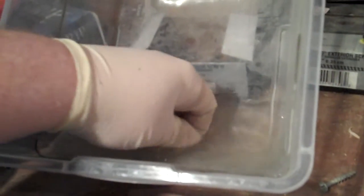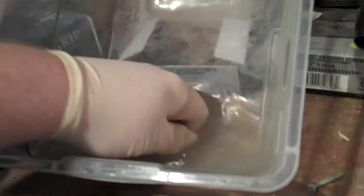Okay, so now that part's in the oven. I'm just going to show you the cleanup for Cerakote. It's really easy. Pretty much anything that has Cerakote in it, or on it, just take and clean it off with acetone. Wet Cerakote will come off nice and easy with acetone, and if you do make a mistake in the Cerakoting